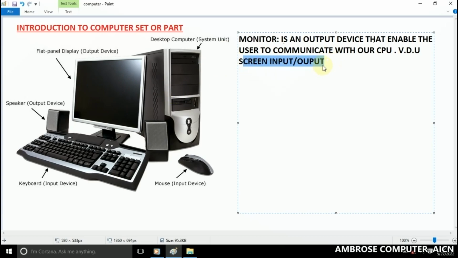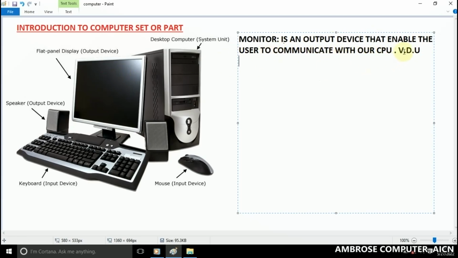But this one I'm using to describe is not an input, it is an output. I'm just trying to balance this lecture because of our new technologies. All right, so a monitor is an output device that enables the user to communicate with our CPU,